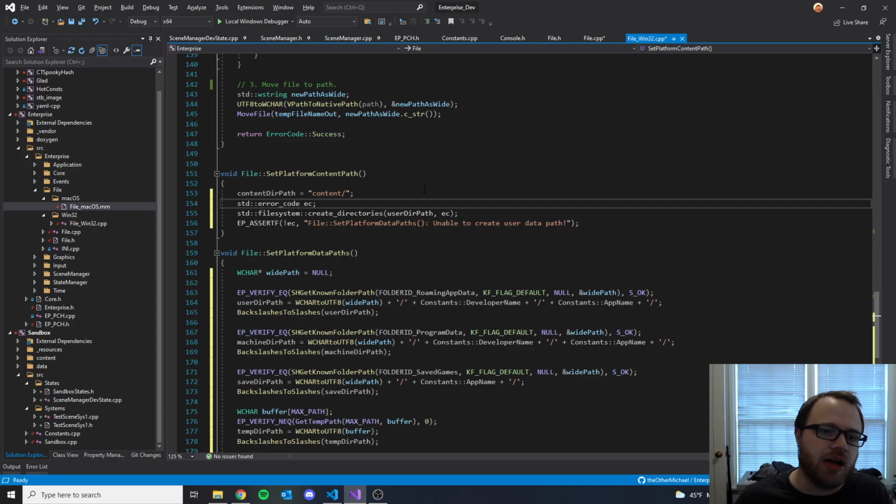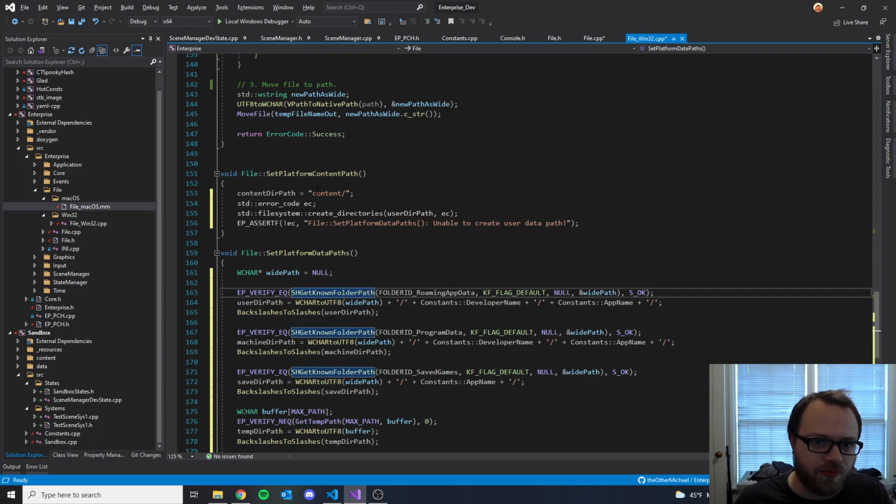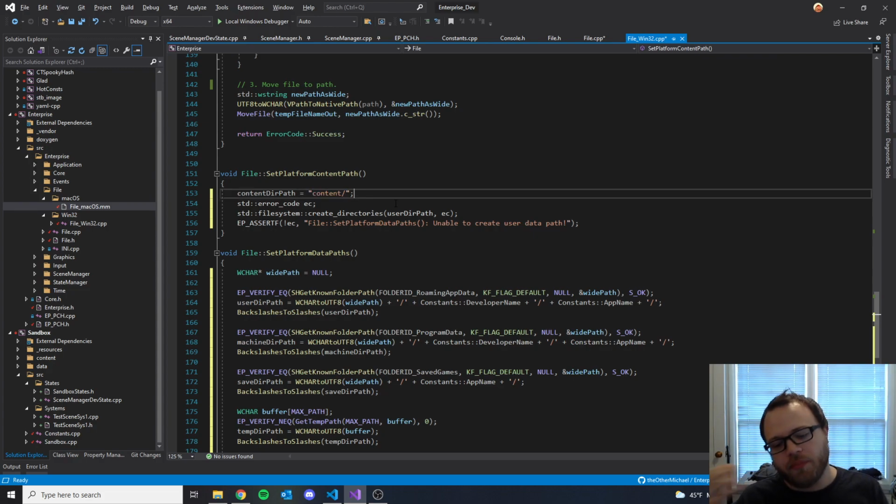So I don't even do a lookup for the final content path. I just use content slash, and it's just going to be relative to the executable. So there's actually already no need to specify a content path, but I use this